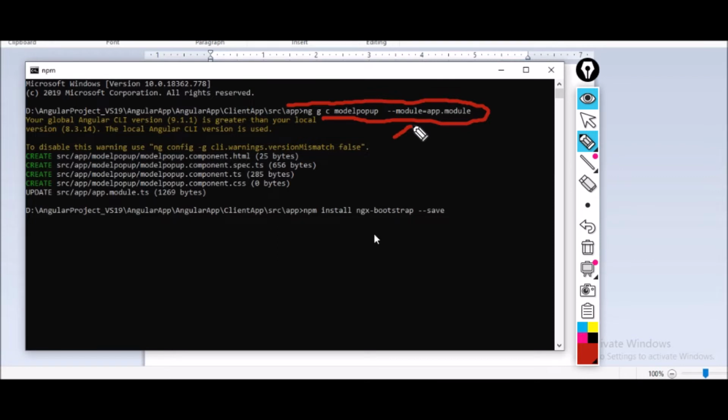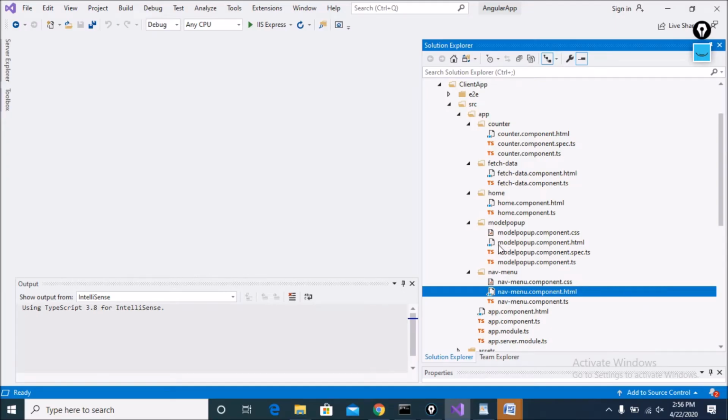That means my application has more than one module, so I specify which module I want to insert the modal pop-up into. You can see it is generating the files: modal-pop-up.component.html and so on, the modal pop-up component and its HTML.